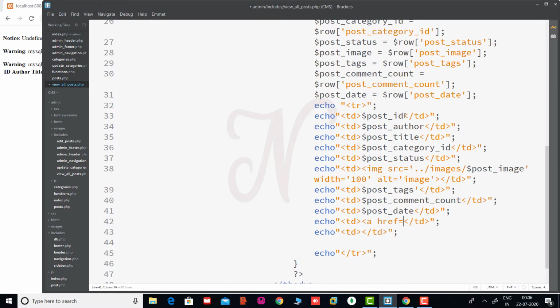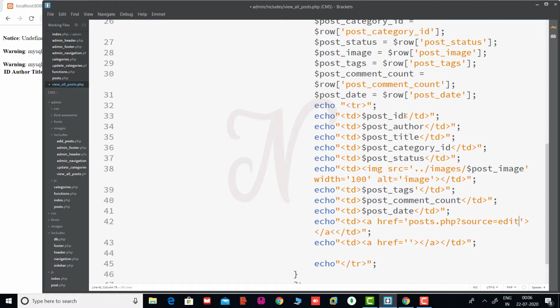A href equal to, and the same again, A href equal to. Here first we pass the edit link, post.php, then we pass source equal to.